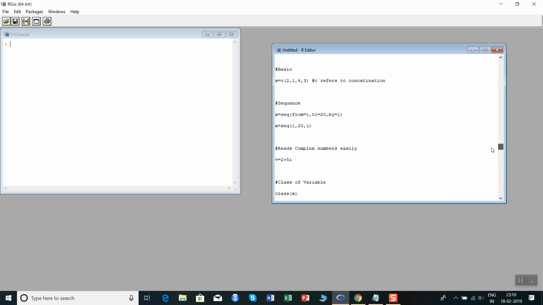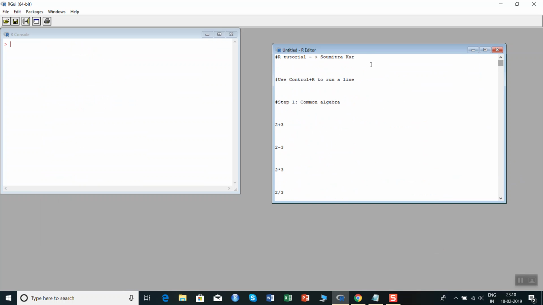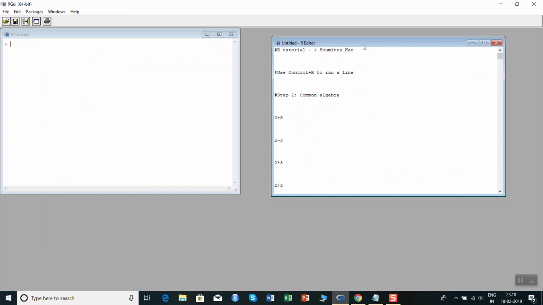So I have a setup file, rather code, which we will be doing today. In any line you can just use Ctrl R to execute the code of that line. Suppose this one, I have given a hash symbol in the very first. That is a concept of commenting within a code. If you just run this in the console, using Ctrl R, it is not executing anything, just the comment is passing.